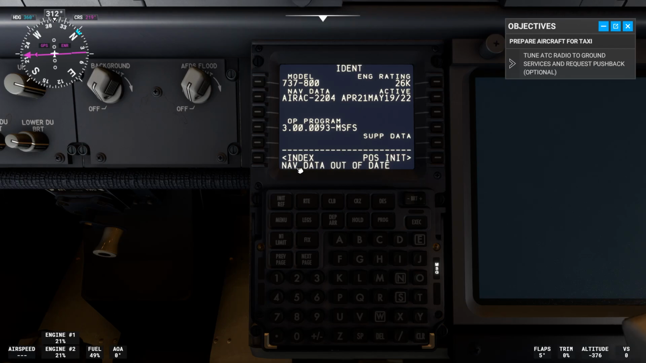So what we did first was we clicked FMC, which was the L1 button, and now we need to clear this message that says nav data out of date. So to clear this message, we click the CLR button, which is just right at the bottom right. So click it once. Now we're going to click the RTE button,